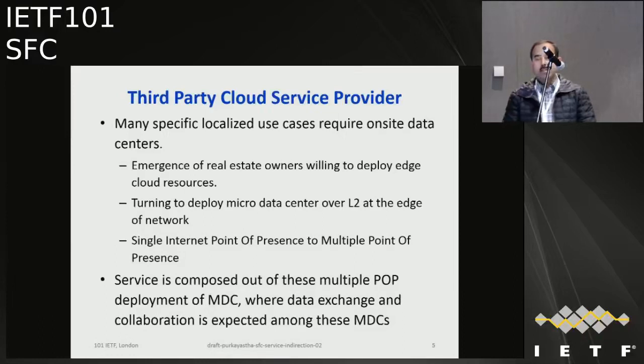These data centers are typically deployed at multiple internet points of presence. Due to this multiple point of presence deployment, there's now a trend of service composition at the edge, which is composed out of these multiple data centers. This implies that data exchange and collaboration is expected among these micro data centers. If we go to the next slide, please.